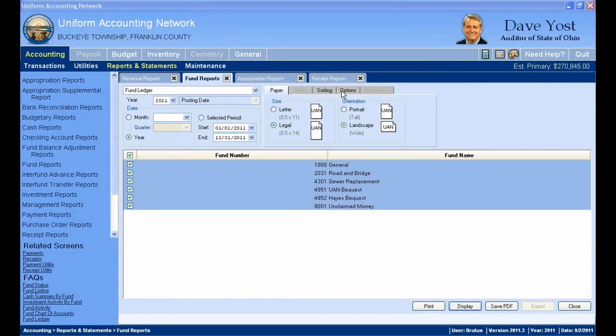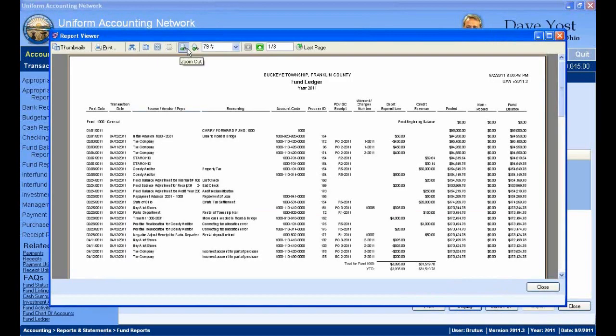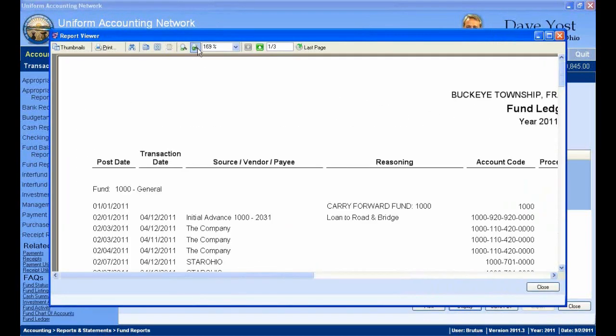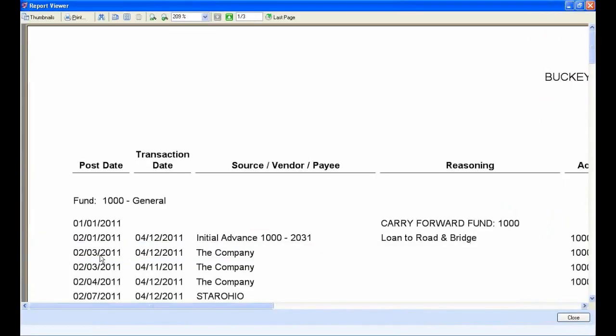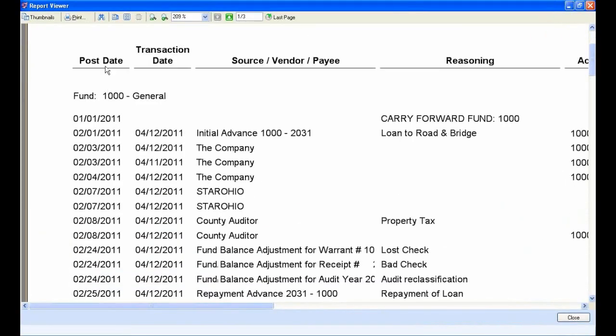To illustrate this, we can look at the fund ledger again. Remember I said some reports show you a transaction date and a post date. Well, here's one of them. And the post date, you can go ahead and look back sometime at your key concepts for transactions. But the post date relates to the effective date I entered in the software. So maybe if it was a receipt, that would be the post date for the receipt that I selected,